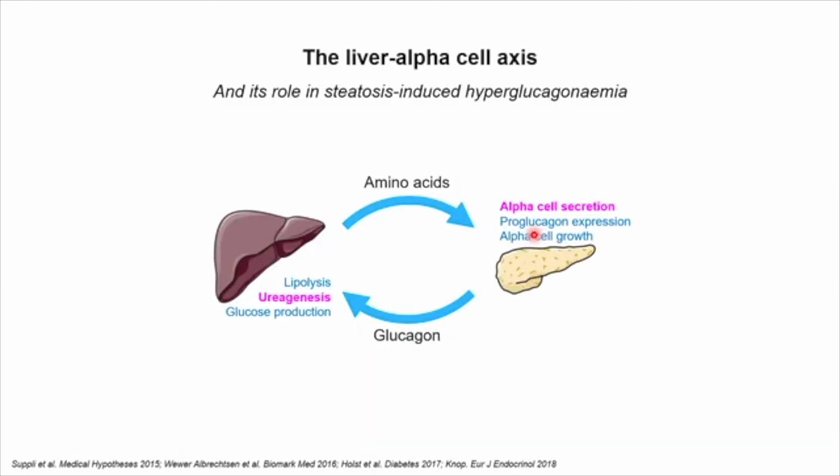So on the back of that notion, we sat down together with Jens and Nikolai and other people and developed this idea that we call the liver alpha cell axis. Basically it states, and we have seen this many times before today, so I will not go through it in detail, that the fat content in the liver makes the liver more resistant to glucagon's effect on ureagenesis. It's reduced, which increases the circulating amino acids because amino acid turnover is reduced in the liver, and the increased amino acids are a signal to the pancreatic alpha cells to secrete glucagon, and with